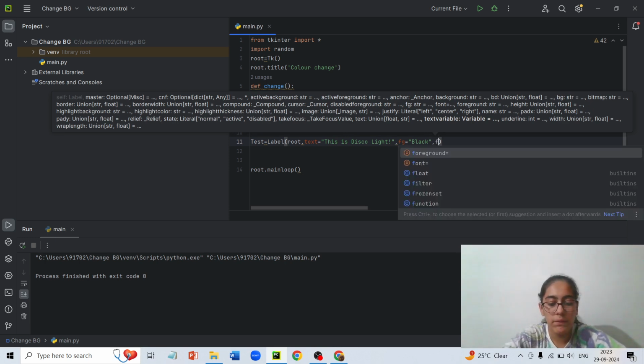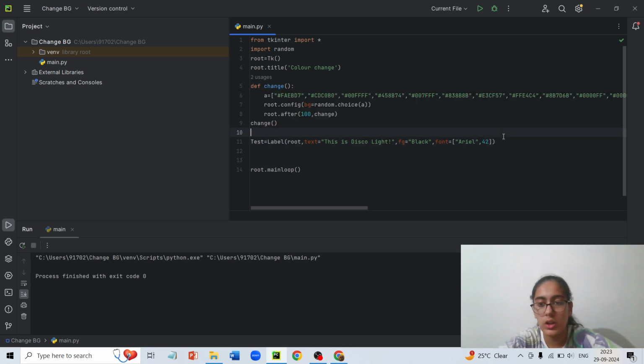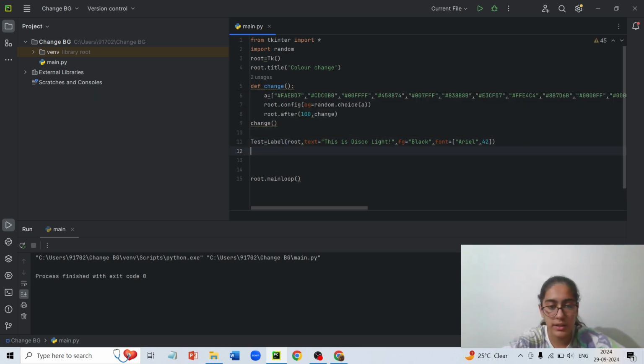So font equals to ("Arial", 42) should do. And now obviously we need to pack it, so test.pack().